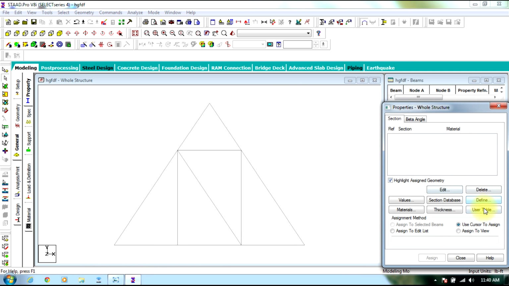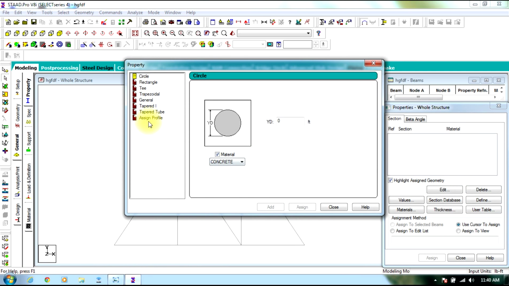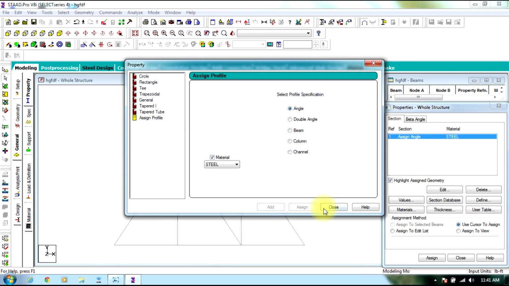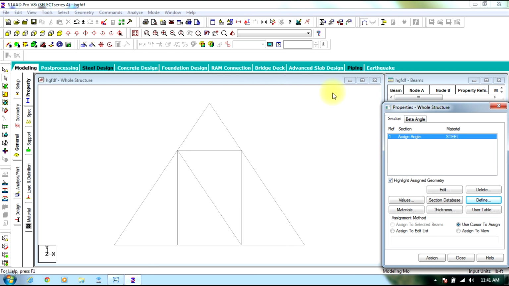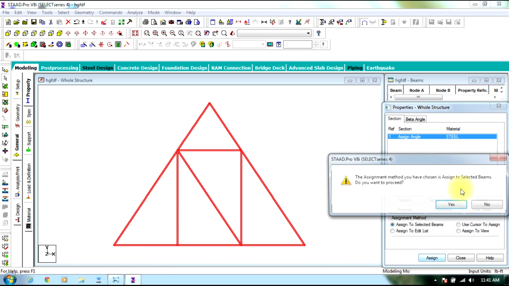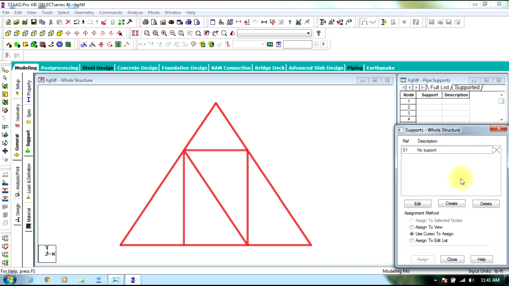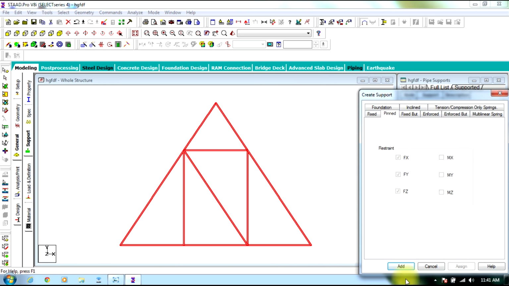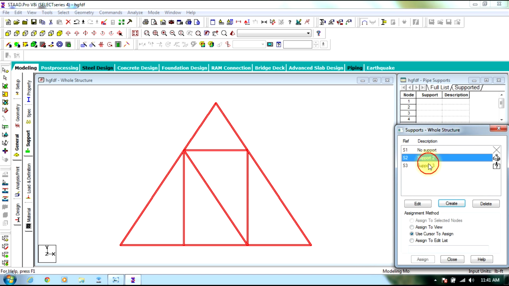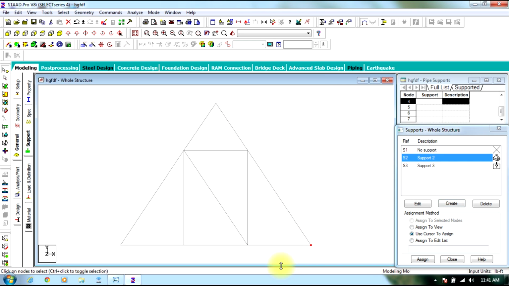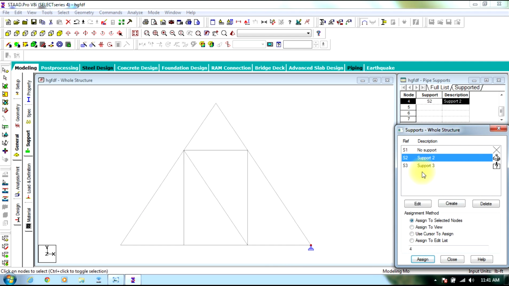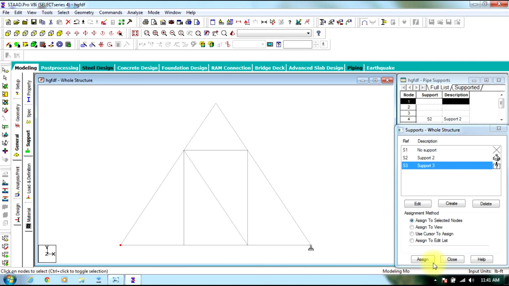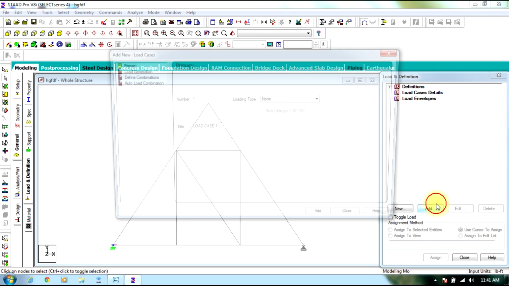Now going to general, as usual define the profile. Now assigning the angle to the whole structure, then going to support, creating pinned support as well as roller support, then assigning pinned support to the one end and roller support to the other end, then going to load case details,